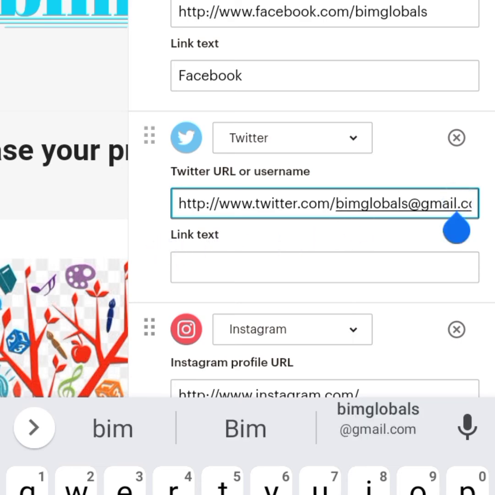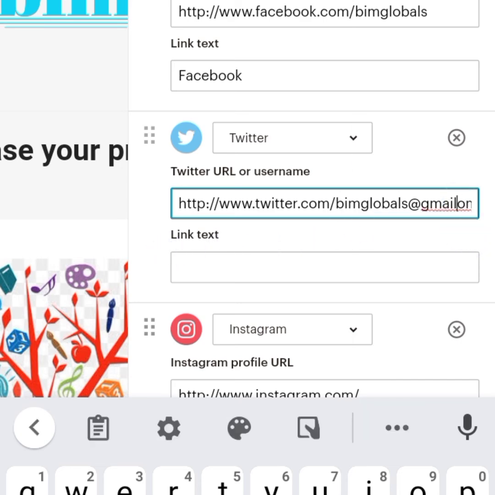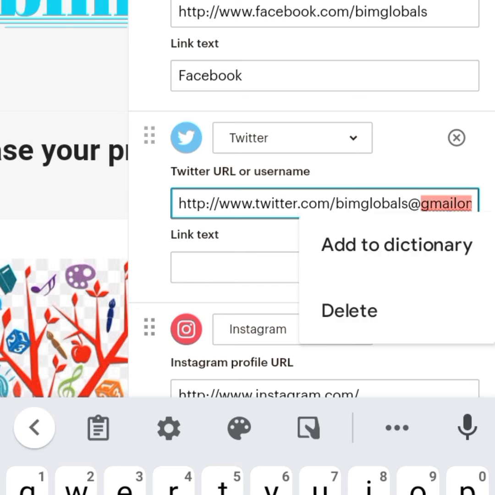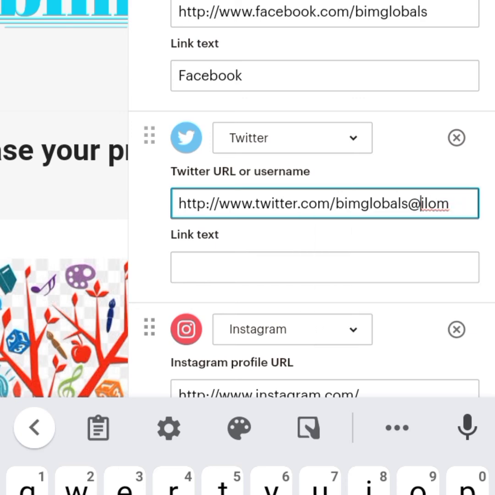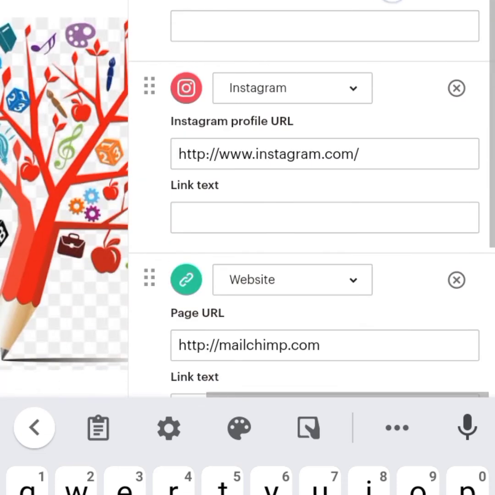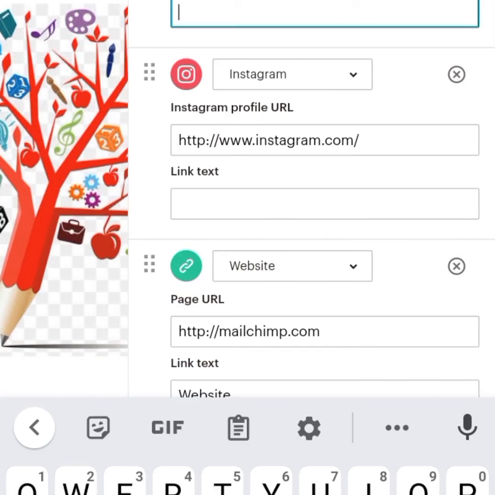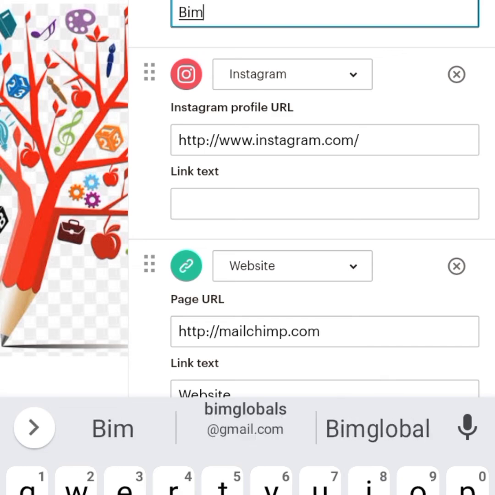Now, that was Gmail. So just Beam Globals. The link text, I'm just going to put Beam Global, or maybe just Beam, anything, and